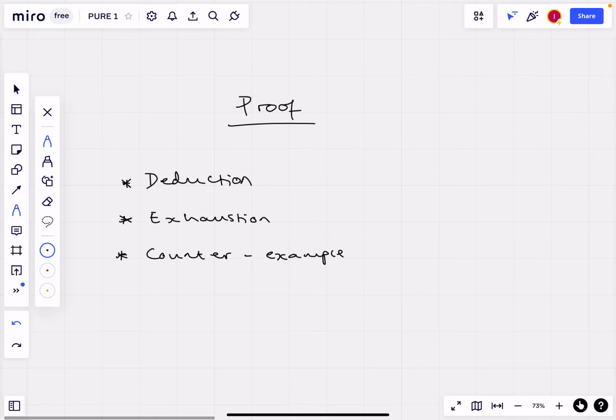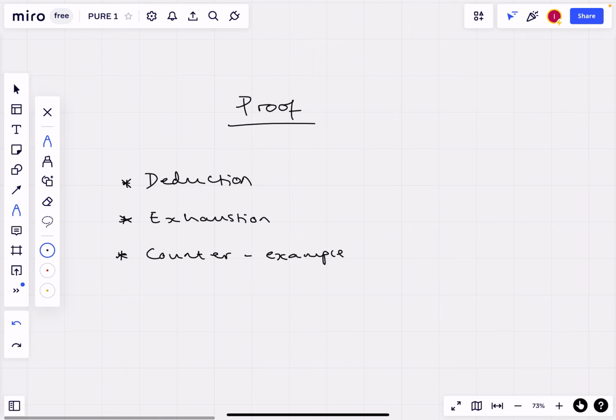In the proofs topic, there's not really a method that I can teach you, like with the other topics. Proofs is primarily testing your logical reasoning and your mathematical reasoning. Now, yes, there isn't a direct method that I can teach you, but I can give you ideas as to how to go about answering a